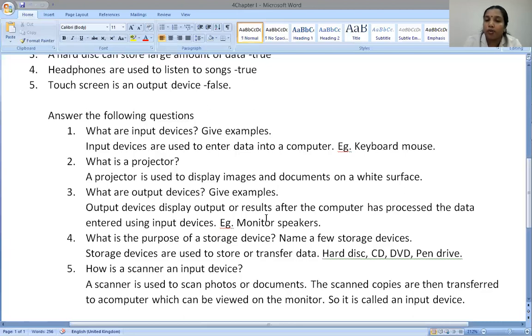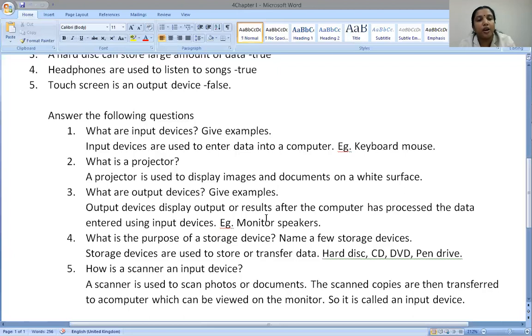Examples for output devices are monitors, speakers, printers, etc. We are giving data to the computer using input devices like keyboard and mouse. After processing it, the computer will give the result through the output devices. Monitors, speakers and printers are all called output devices.